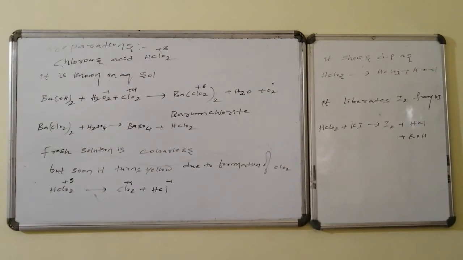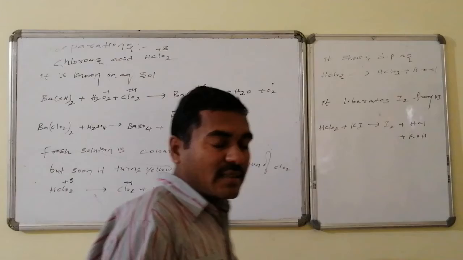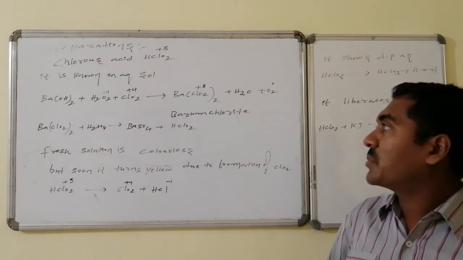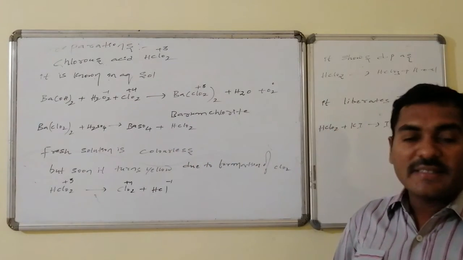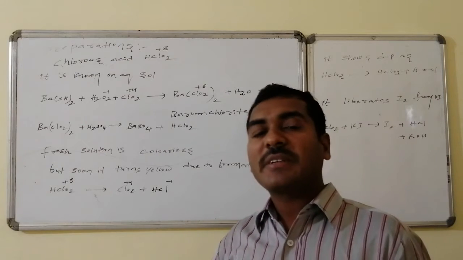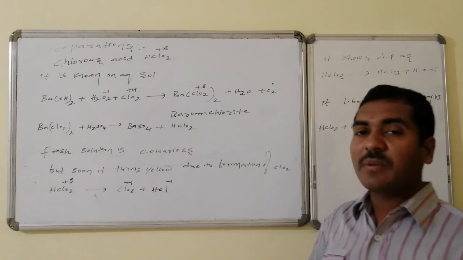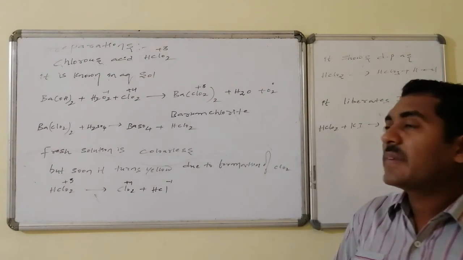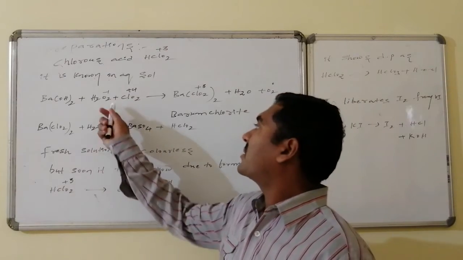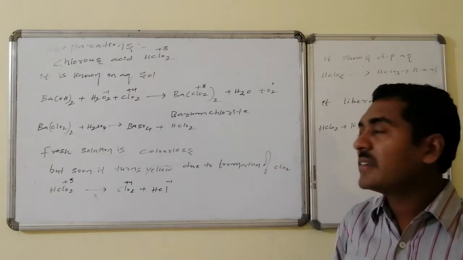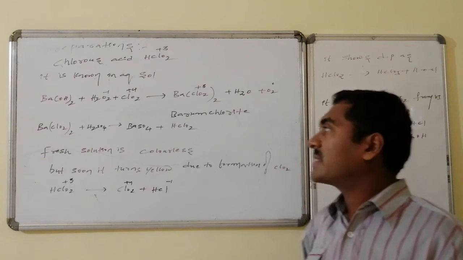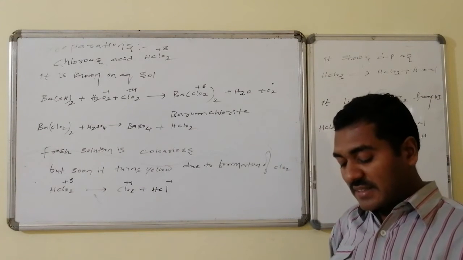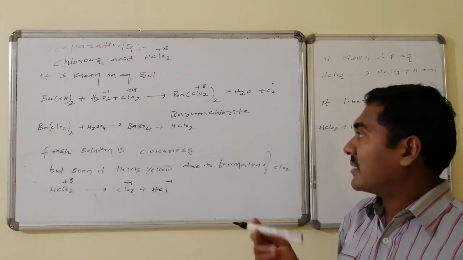Yes, chlorous acid. Chlorous acid is HClO2. HClO2 preparations. It is generally known in the aqueous solution, but it is not known in the solid form or in its pure form. It is prepared from barium hydroxide reacting with hydrogen peroxide and chlorine dioxide, where chlorine is maintaining +4 oxidation state, and hydrogen peroxide is acting as